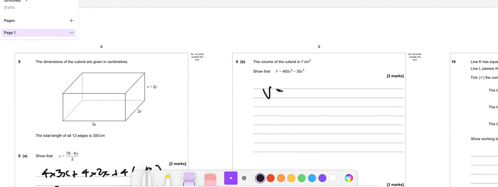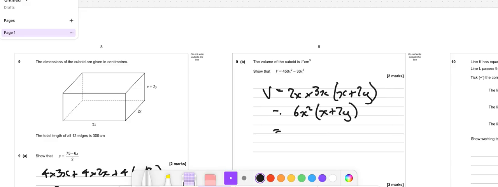So the volume equals 2x times 3x times x plus 2y, which is 6x squared times x plus 2y, which equals 6x cubed plus 12x squared y, and y is 75 minus 6x over 2, so let's call that 6,